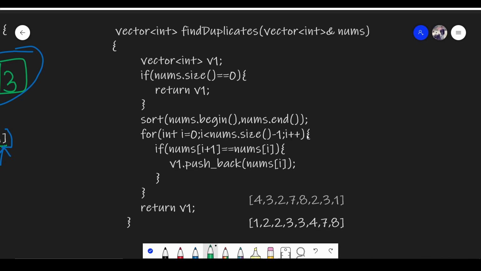So in the second approach, the first thing that we would be doing is, why not sort the vector? Once we sort the vector, it's very clear that we would get an input vector looking something like this. That is, all the repeated elements would appear after each other. Then it would become very clear, and I hope many of you must have already guessed till now, that in this for loop, what we will be doing is just iterating